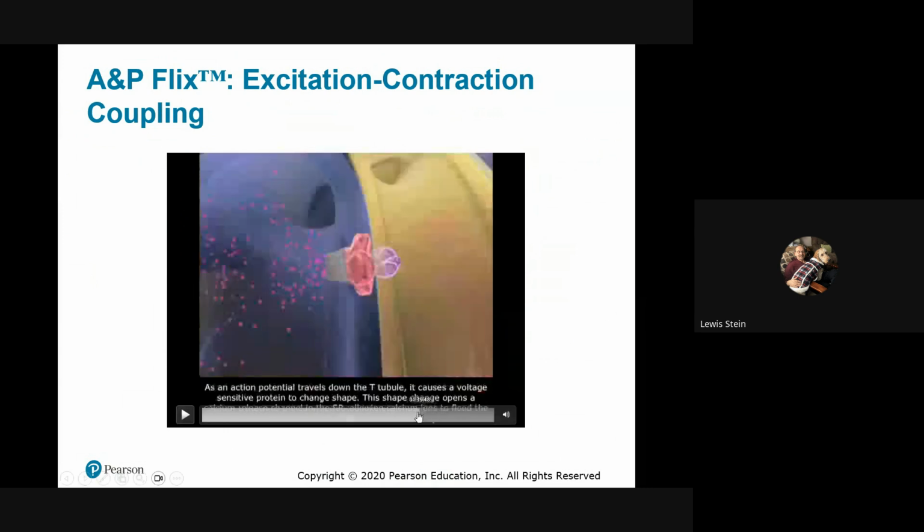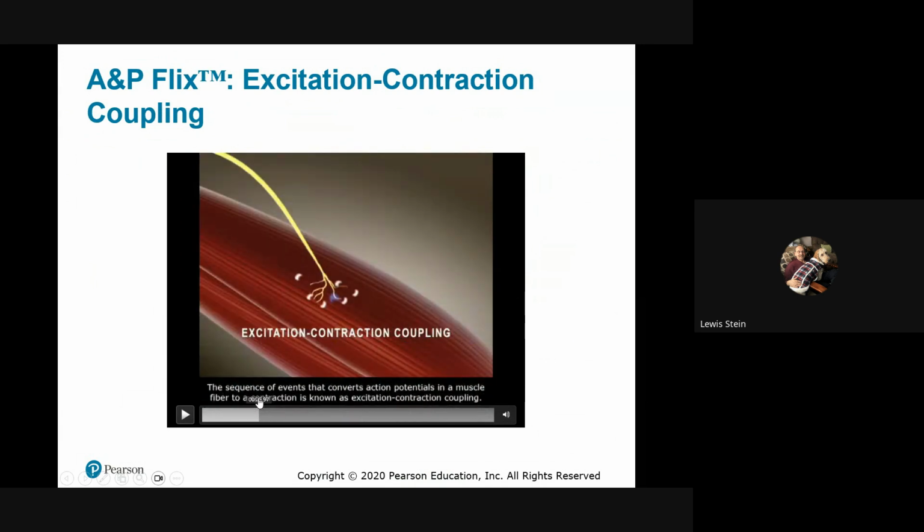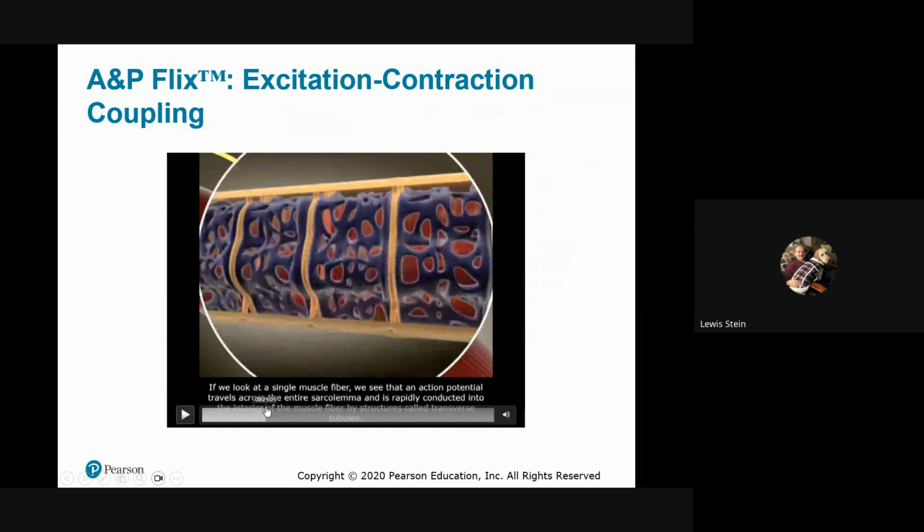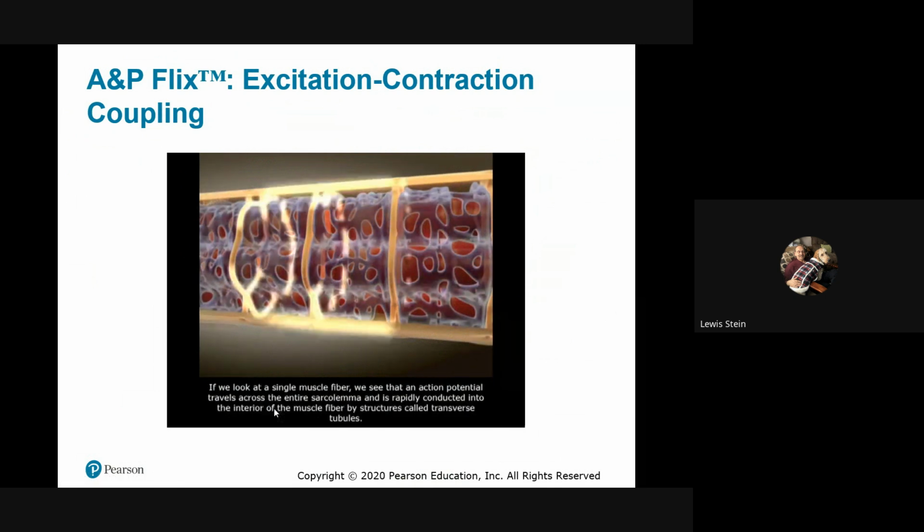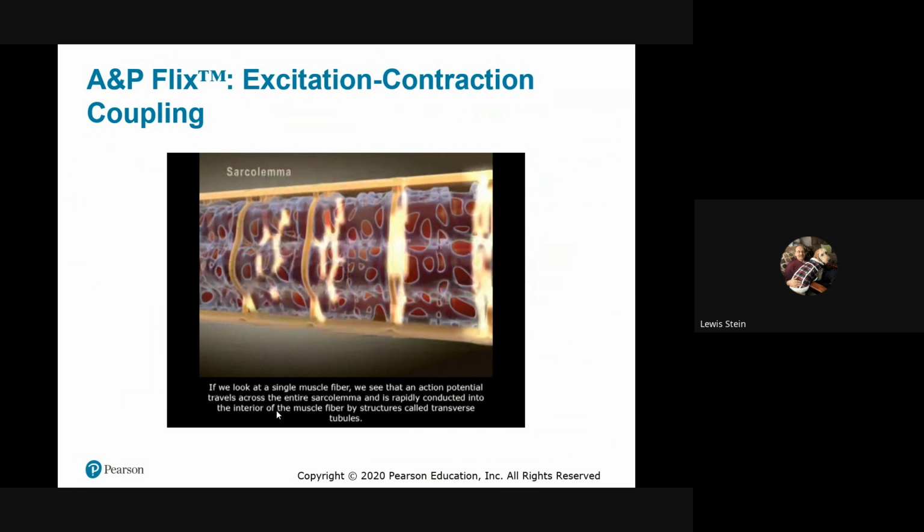So, this is what we're talking about, and again, these animations are very high quality. And we're going to talk about the signal and how it gets there and how the signal gets through. That's coming up, and that's really the next major topic before we return to this. But this is a really good illustration of what these transverse tubules are. Regularly spaced means they're at every one of these A and I band junctions. And you can see this is how they penetrate. This is electrical current going through. And because of the unique arrangement,